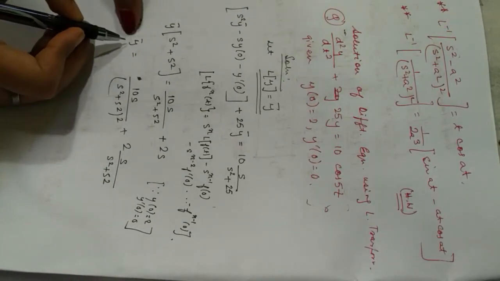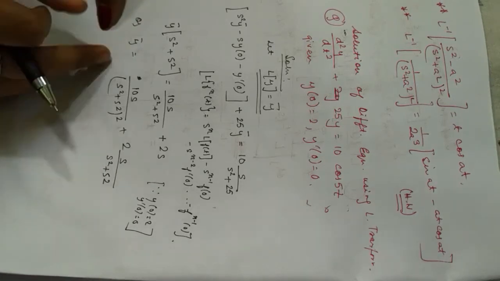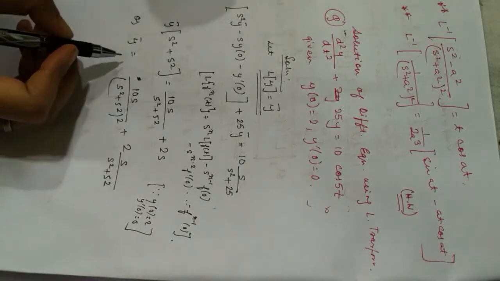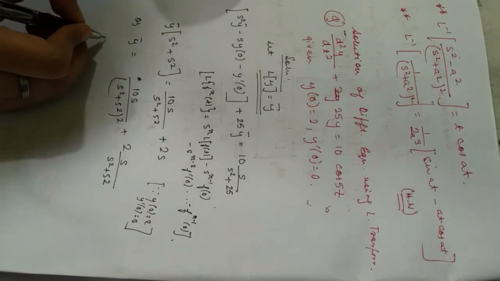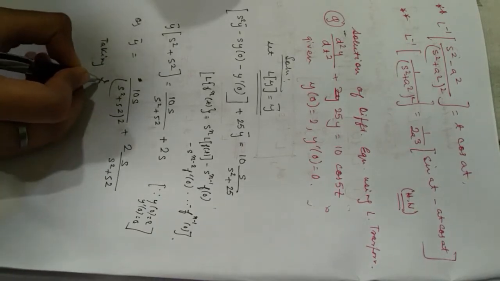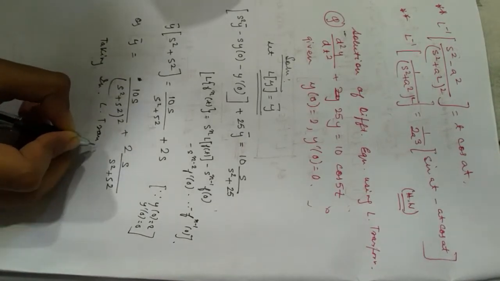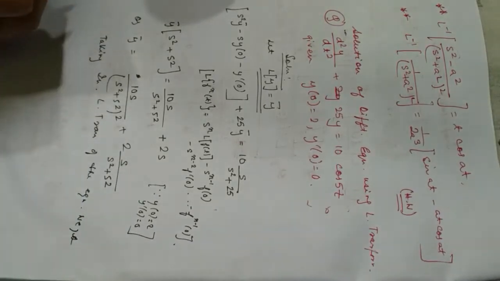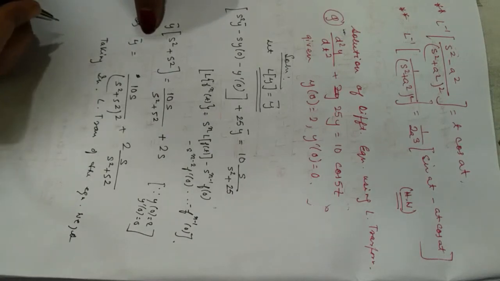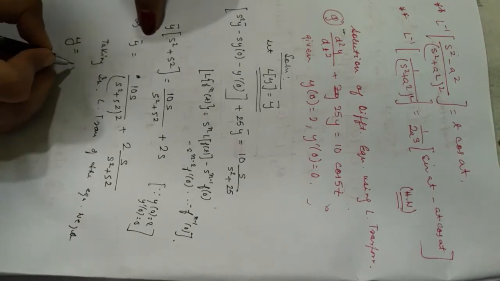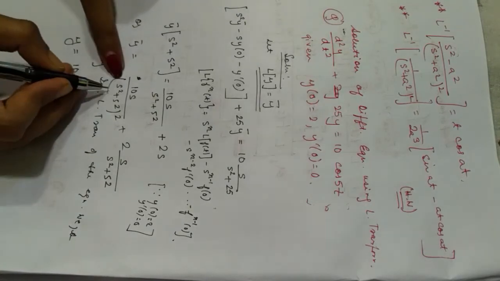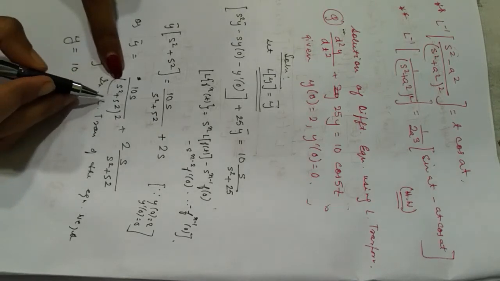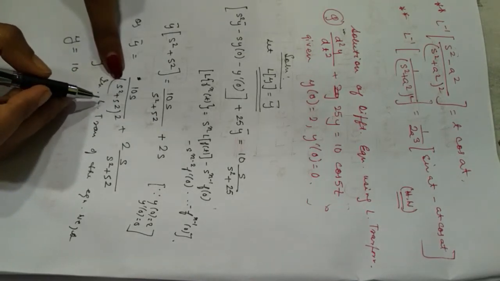So we want to find the solution of y, so we have to invert the entire thing. So now we have to take the inverse Laplace transform of this equation, right? Taking inverse Laplace transform of the equation, we get: taking inverse Laplace of y bar gives me y, is equal to inverse Laplace of s divided by (s square plus a square) whole square. This is the form we have just derived, and it is the t sine at form. So we have